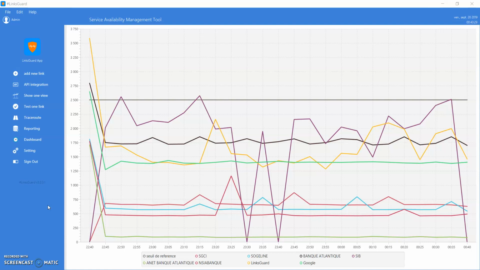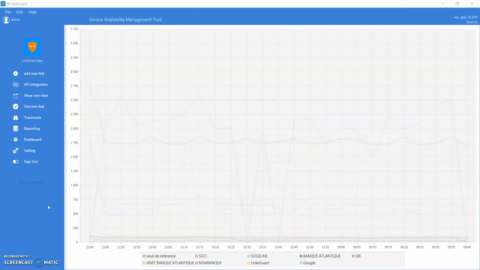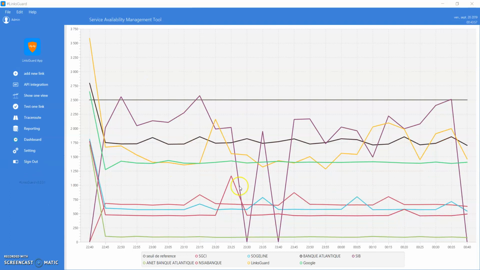How does LensGuard work? It works through a periodical test that is performed over your links, web service or API. The test results are always refreshed on your main screen.